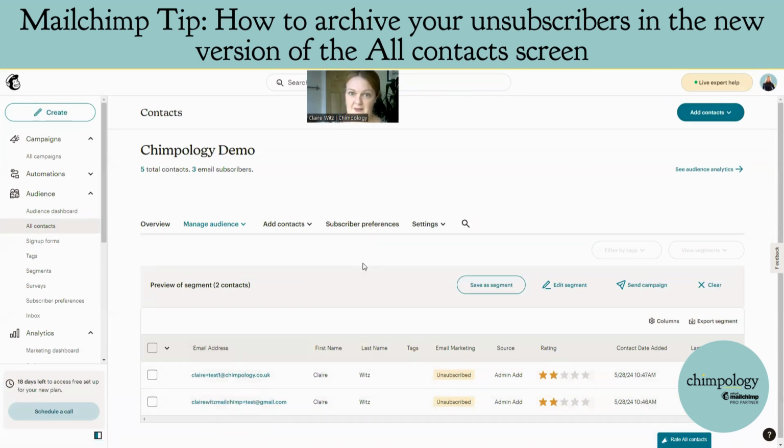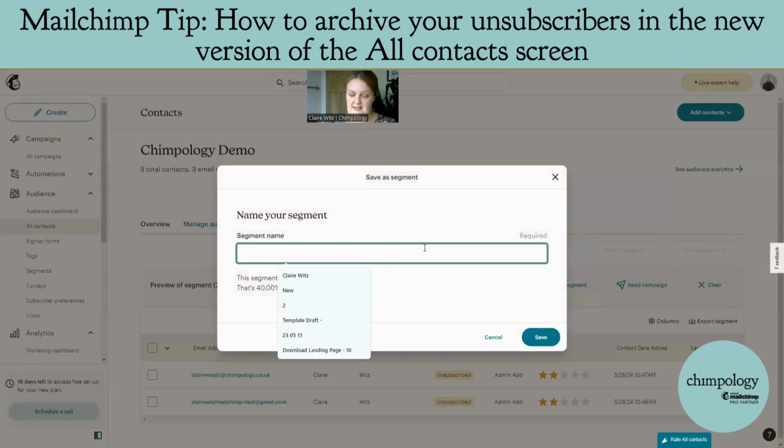Now, it's picked up the two that were right at the top of my list, but if you had any further down, it would automatically ring fence them within here. Now, I'm going to save this as a segment, and that means that it's always available for use. And if anybody unsubscribes in the future, they'll automatically be put into this segment and you'll be able to find them really easily. So the first thing I'm going to do is save this, and I always call mine admin